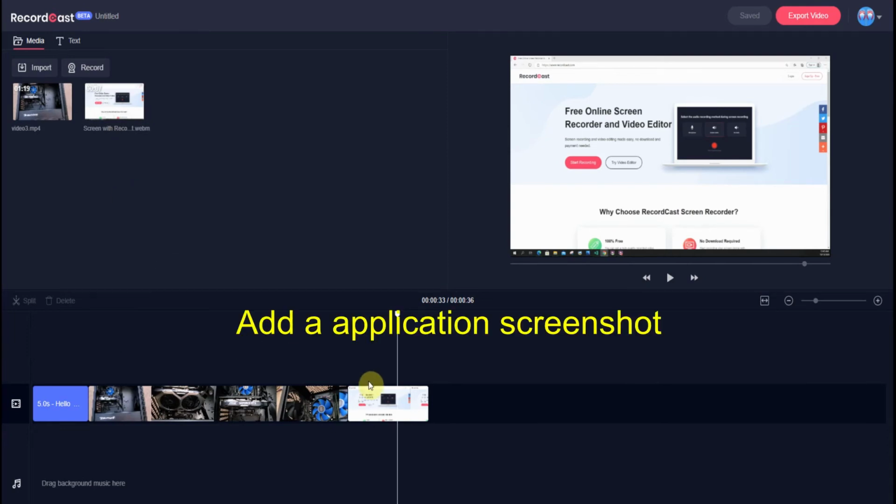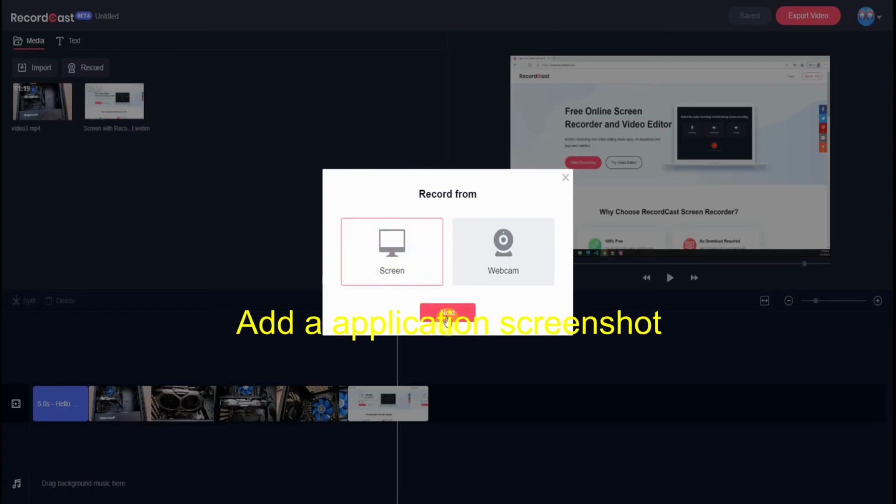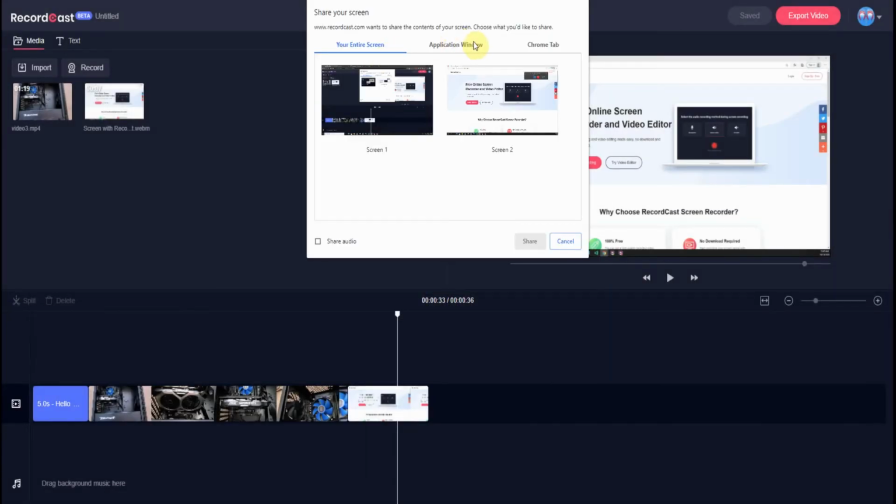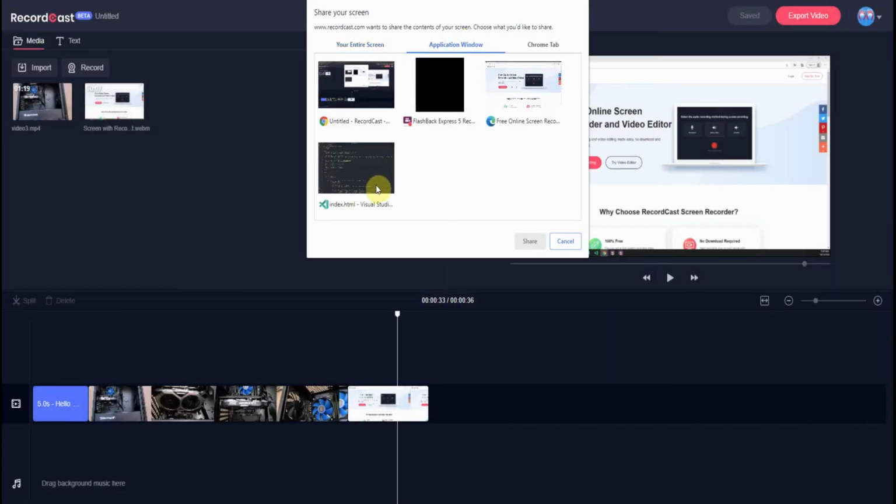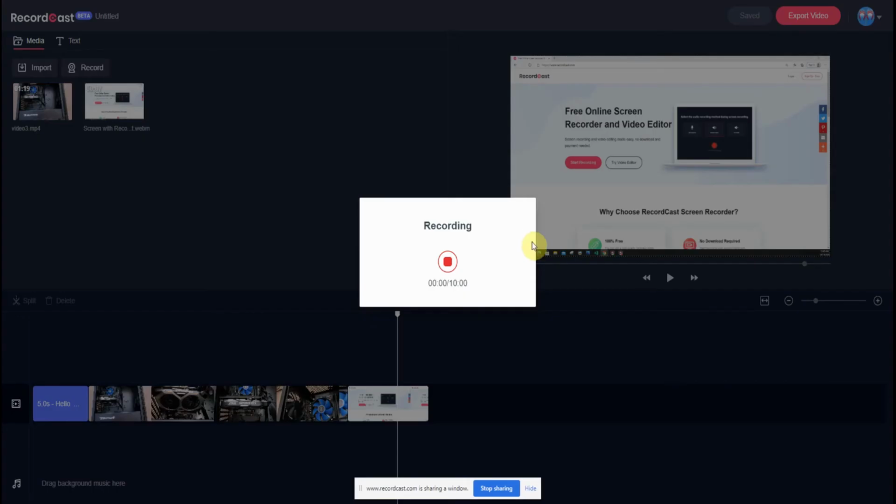Now let's add an application, an app. Go to screen, use application window, and these are my apps that are open. I'll use my text editor. Now it's recording the screencast of my text editor. Right now, as you can see, the timer is going. As soon as you stop it,